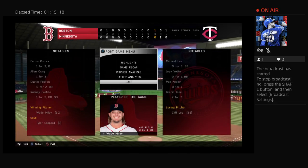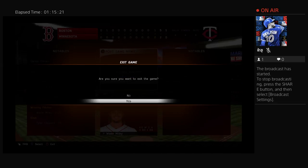The final line score for our ball game tonight. For the victorious